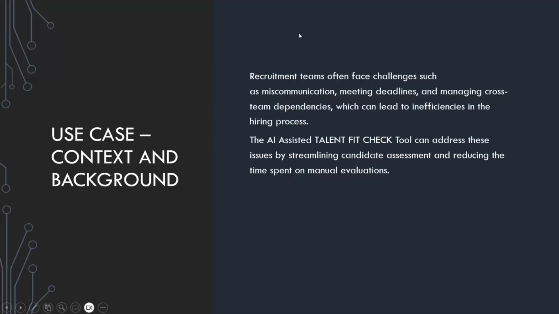My use case is basically for all the recruitment teams who face challenges like miscommunication, running tight on deadlines, and dealing with cross-team dependencies. At times, this can lead to inefficiencies in the hiring process. So let's consider a scenario wherein a recruitment team is running tight on a deadline for Power Platform developer roles, and they might be dealing with some customers. There can be three separate customers for which three different job descriptions are provided, and they are running tight on, okay, I am sending this resume, this is the job description,